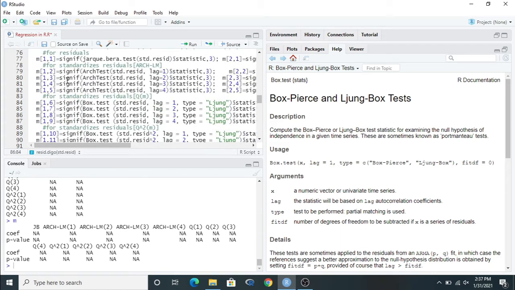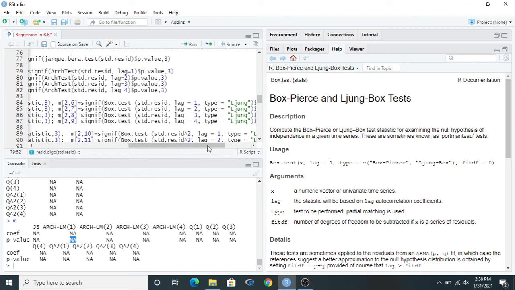In the same way we can store all other elements also. Suppose we are talking about the ARCH test. This is the position of row 1 and column 2. The row 1, column 2 shows the ARCH LM test with lag 1. So M is the matrix, first row and second column, and it shows the ARCH test of the standardized residual with lag 1, and this is your statistics value. And the same way, this place indicates the second row and second column, and the second row and second column shows the p-value of the ARCH LM test. Clear?